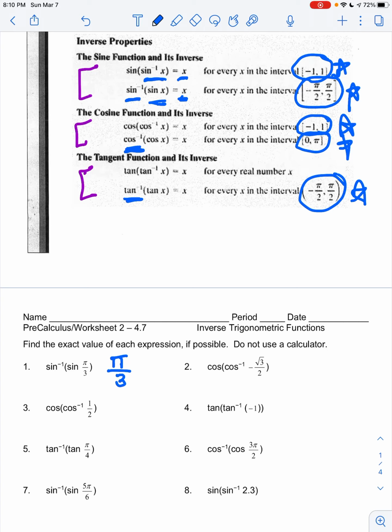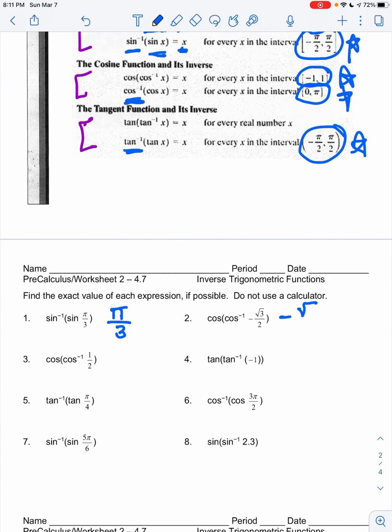How about number 2? Number 2 has the order reversed. It says find the cosine of the inverse cosine of negative square root of 3 over 2. Of course, the cosine is going to undo finding the inverse cosine, and we know that the inverse cosine is going to give an angle that has a cosine value of negative square root of 3 over 2. Does it matter what that angle is as long as the input is between negative 1 and positive 1? The answer is no, because when you take the cosine of the angle, it's going to return that same value of